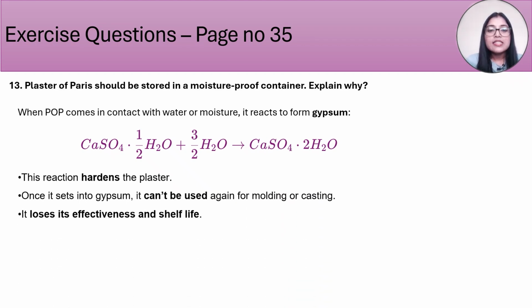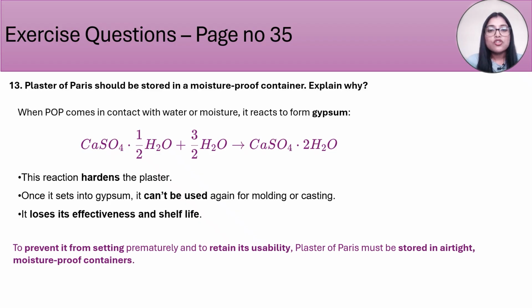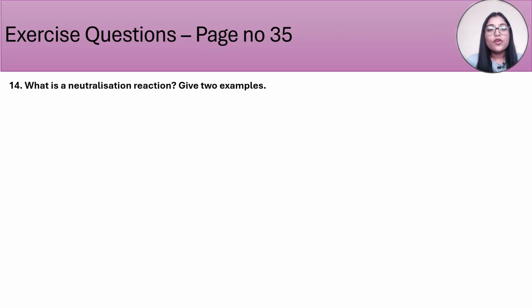Now this reaction happens where the plaster is turned hard and it's set into gypsum. It cannot be used again for molding or casting. It loses its effectiveness and shelf life. That's the reason we store it in a way where it doesn't come in contact with moisture so that it can retain its usability. 14th question asks us, what is a neutralization reaction, and give us 2 examples for the